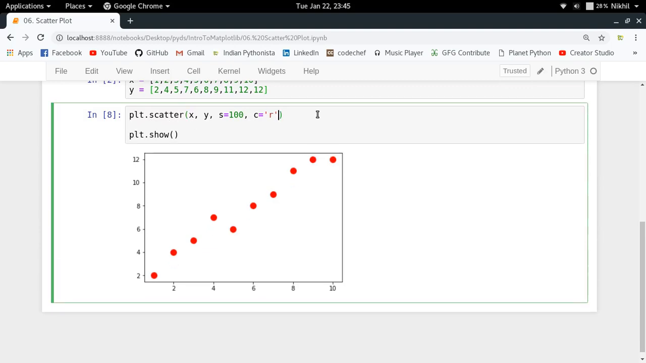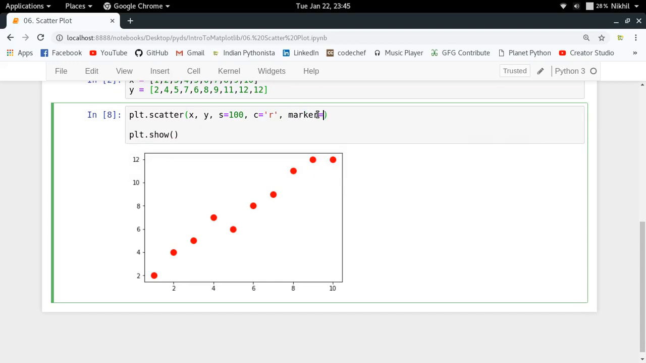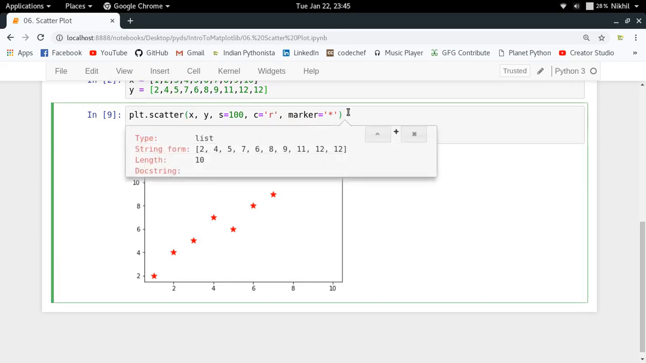Other than that, you can also change the type of marker that you want to use. So let me make it a star by putting an asterisk here. So look at that, you can change that as well. And other than that,